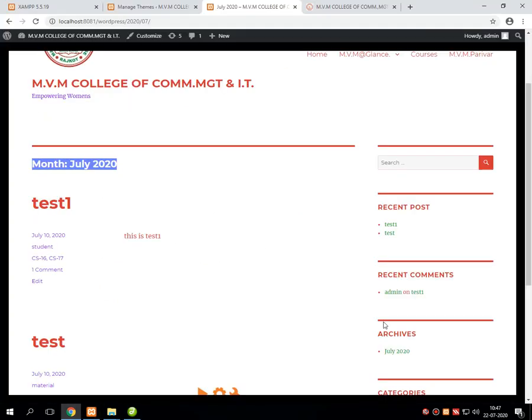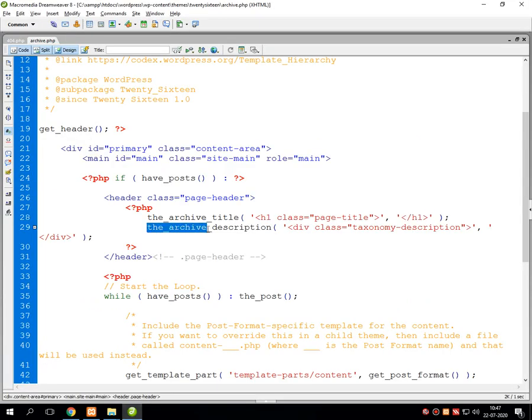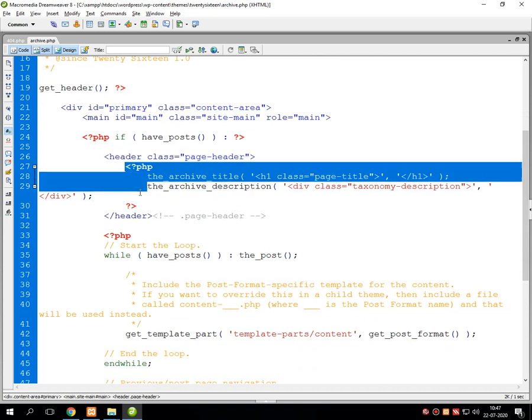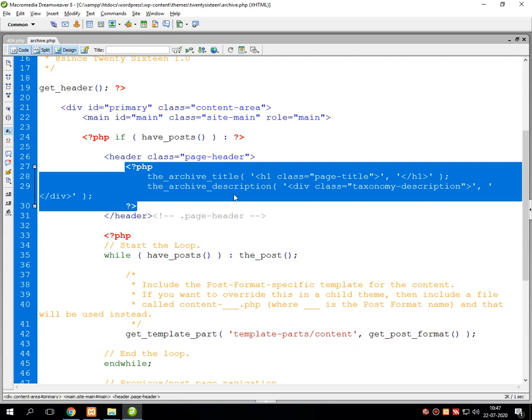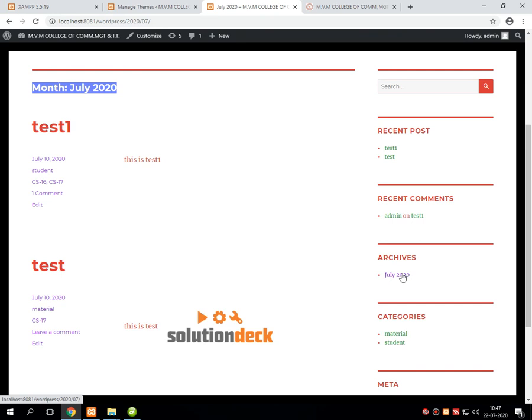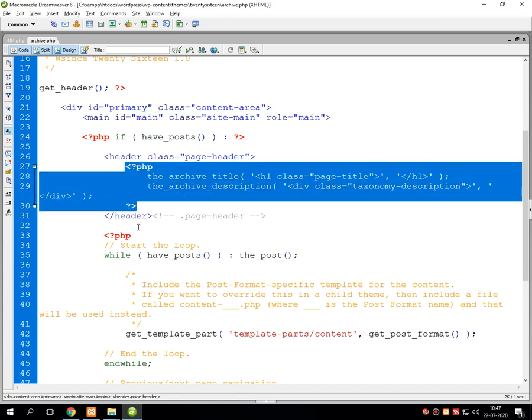And by clicking on that particular archive, you will get the description of that particular title, which could be displayed using the function the underscore archive underscore description. So in this PHP section, it displays the title of the archive as well as the description of the archive. So that would be displayed using this particular line of code.